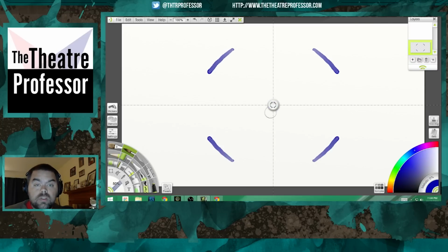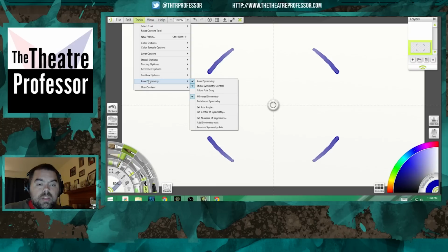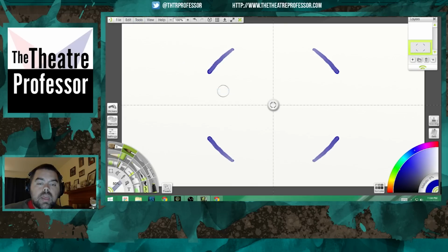Now there's a couple of settings that you do have control over. If we come up here to Tools, we go back down to Paint Symmetry. While it's turned on, you'll see the dialog box has a variety of things. You can turn Paint Symmetry on and off. You can show the control. You can allow axis drag. So if I click that,